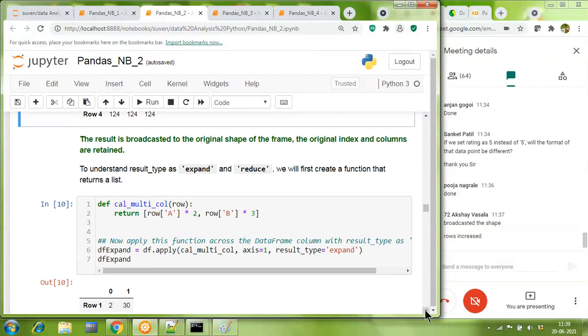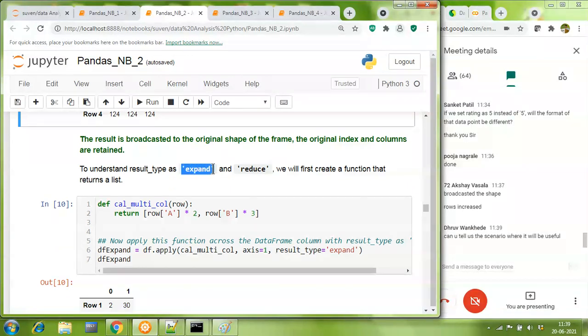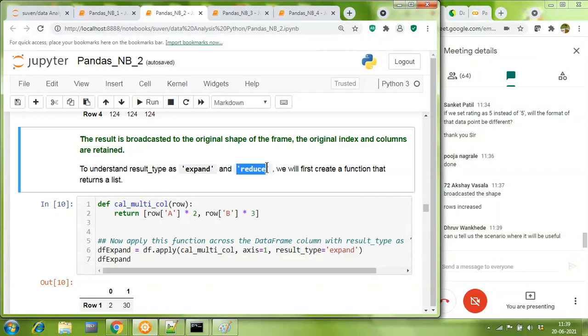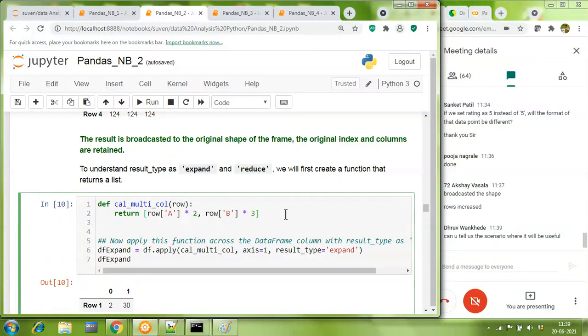what I'm doing now is the result type expand and the result type reduce. So as regards the result type expand and reduce, please keep watching me. I'm going to run this code. I may not give you time to run this code, just to conserve on timing, but keep watching me. I have made a function called calculate multiply column.